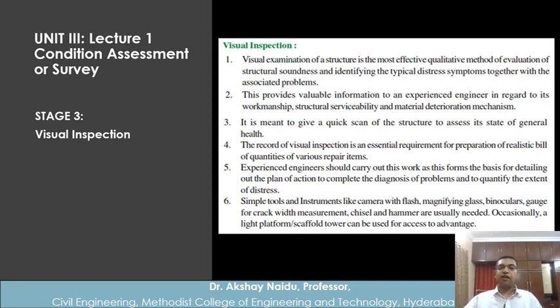So for that, it is very important to assess the type of repair to be made. So visual inspection plays a key role. Experienced engineers should carry out this work as this forms the basis of detailing out the plan of action to complete the diagnosis of problems and to quantify the extent of distress.